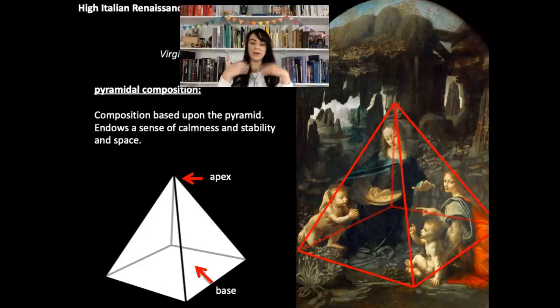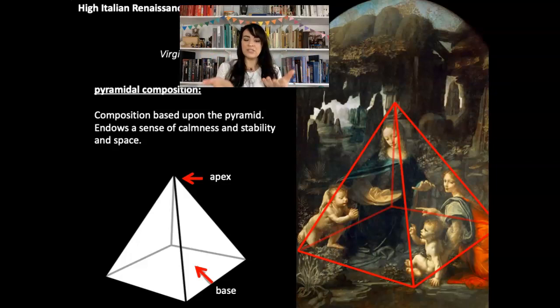And what this does for our eye is it allows us a resting spot. I literally called it a base. The four figures are placed in this base that nestle our eye visually. It keeps us from having to move around in some kind of a chaotic space. It creates a sense of visual stability and calmness. And isn't that